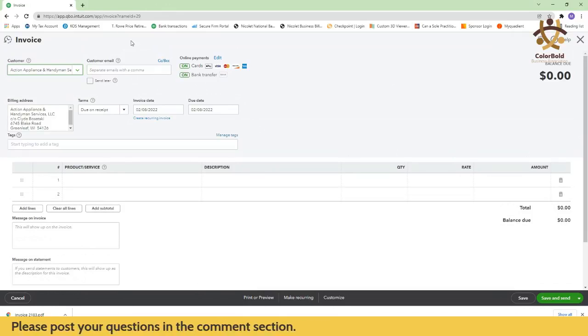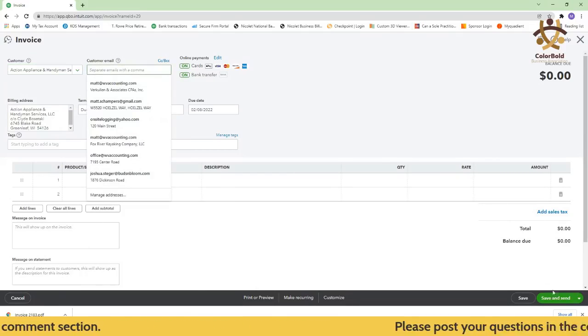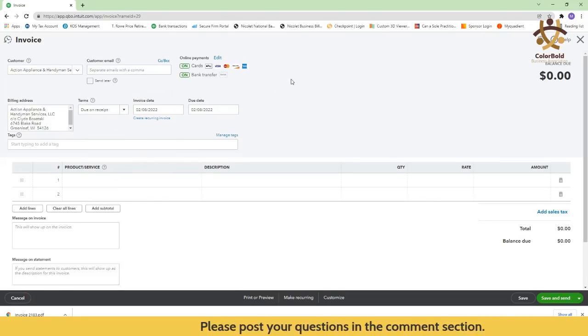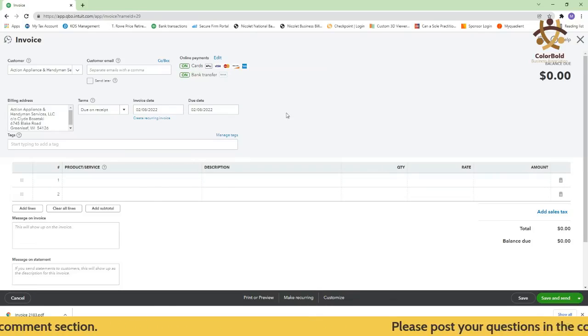And this is what creating an invoice looks like. If you have an email, you can put in an email and do a save and send, and it'll actually send an email directly to your client or customer, and they click a button on it and enter their credit card or bank information and they pay you that way. Otherwise, you can print it and send it like normal.